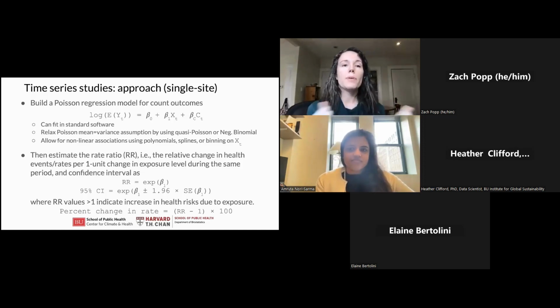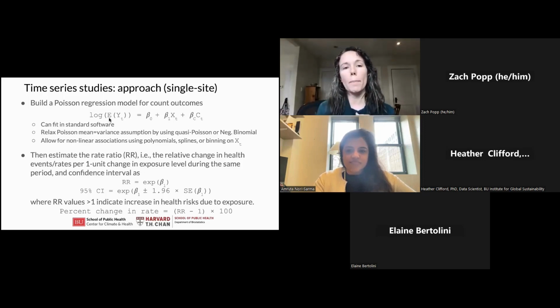So in a typical time series modeling setting, we'd assume that the counts of the health outcome at each time point, the Y_t's, are Poisson distributed, where the Poisson distribution is just a commonly used distribution for count outcome data. And then we'd specify a Poisson regression model that looks something like what's shown here in this line,